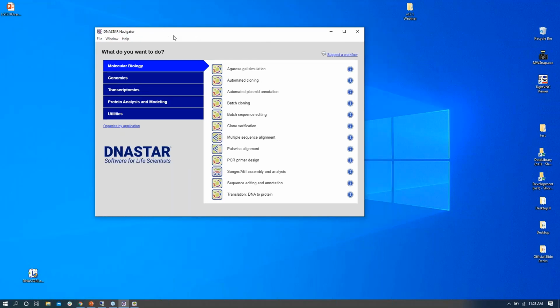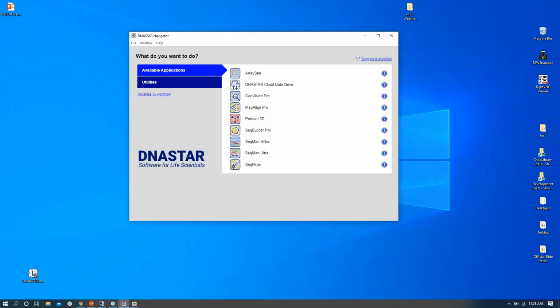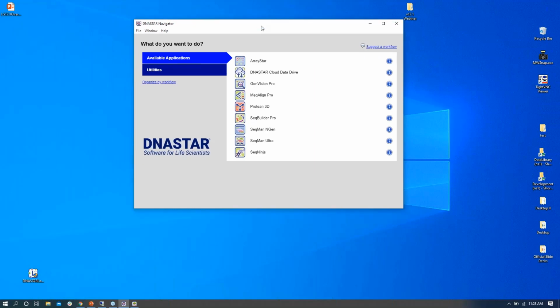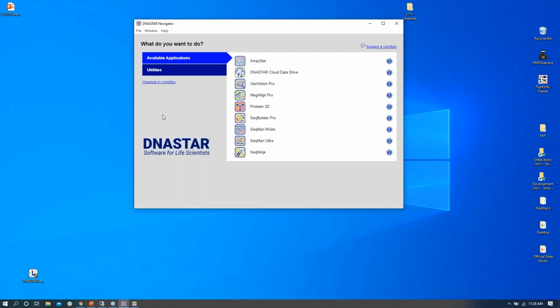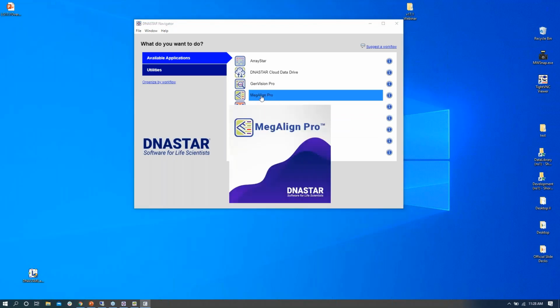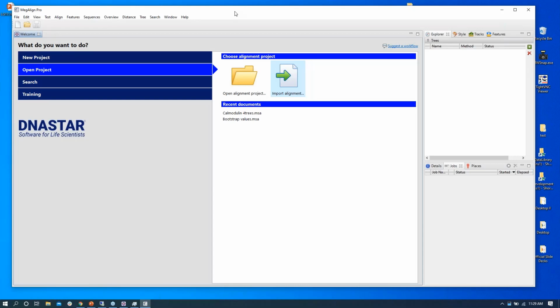And again, I'll just start from the navigator here. I'll switch over to applications so you can see, again, by workflow or by application. For demos, people who are new to the software typically start by workflow. Once you're more familiar with the different programs, you can start here by the applications. Okay, so MegAlign Pro,